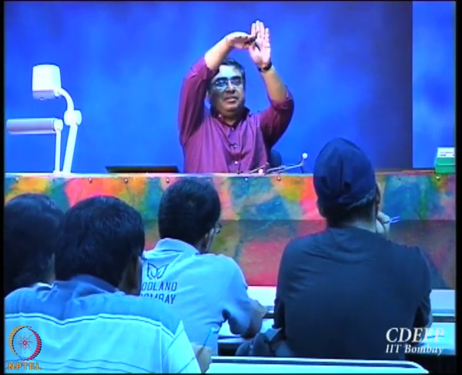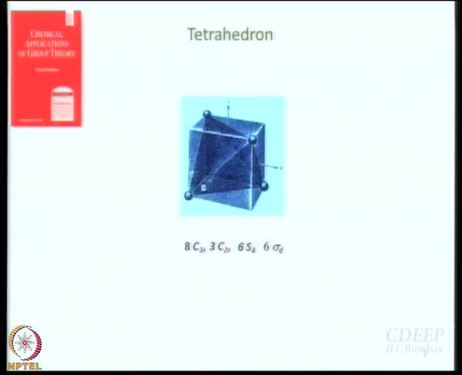Sigma D, we have discussed sigma D. Where are the sigma D's? Now you see it very nicely. One thing to understand here is that you take these two sigma D's, do you see that they are perpendicular to each other? When you put it inside a rectangle, you can work this out nicely and you can see that these are perpendicular. It's very important to understand that these two planes are going to be perpendicular, right? How many such planes will be there? 6 or 8? 6? Okay. 6, actually the answer was in front of you anyway.